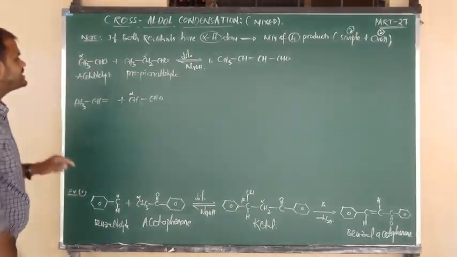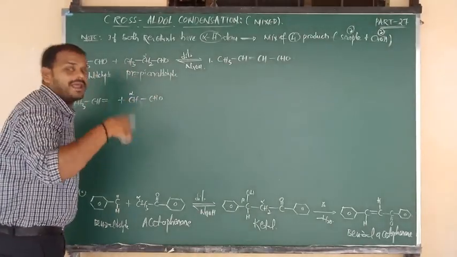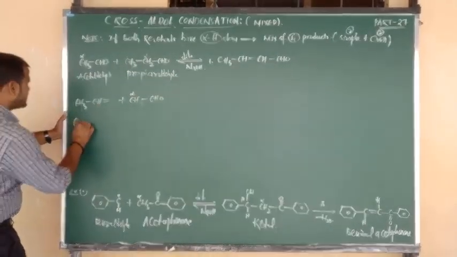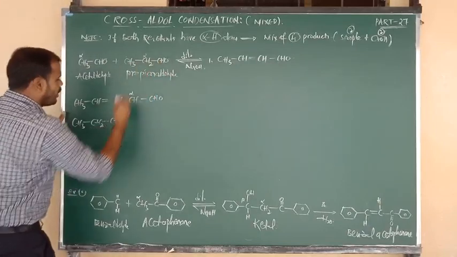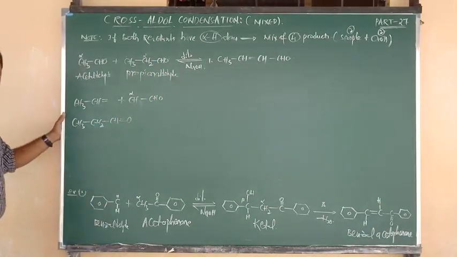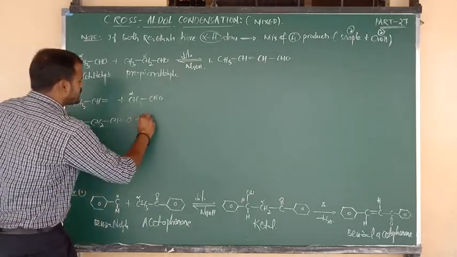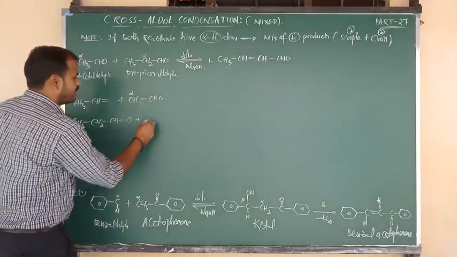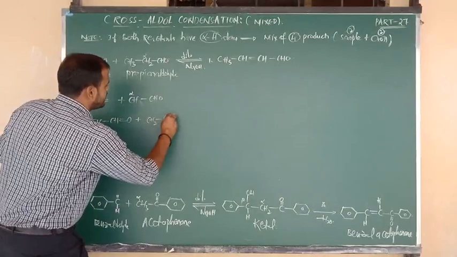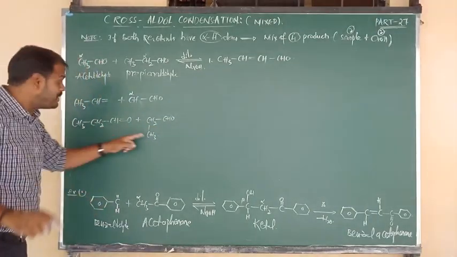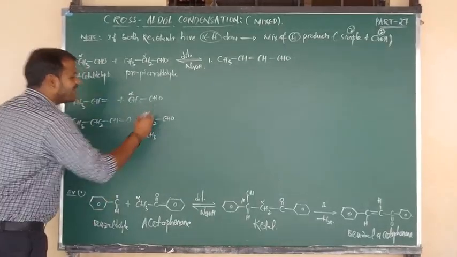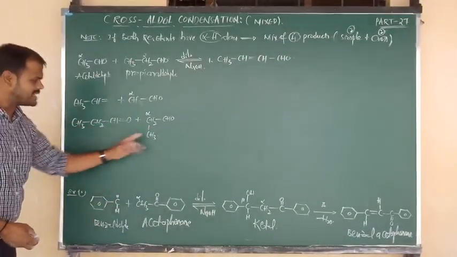Now I am going to consider B plus B, meaning propionaldehyde and propionaldehyde. CH3 bonded to CH2, CH2 bonded to CHO, and also you can write double bond O, no problem. Now it reacts with another mole of propionaldehyde: CH2 bonded to CHO, again connected to CH3. We don't want beta, we want only the alpha carbon. This is propionaldehyde and propionaldehyde, the B plus B rule.